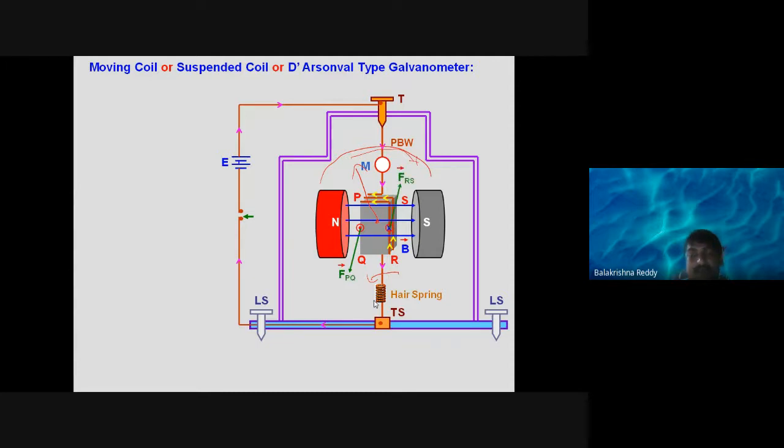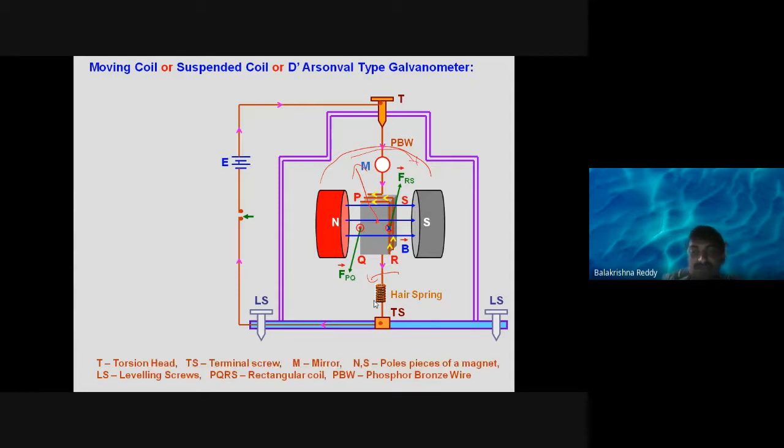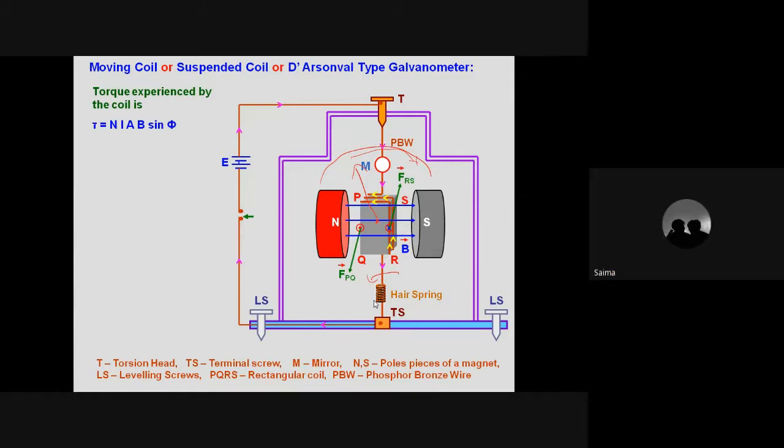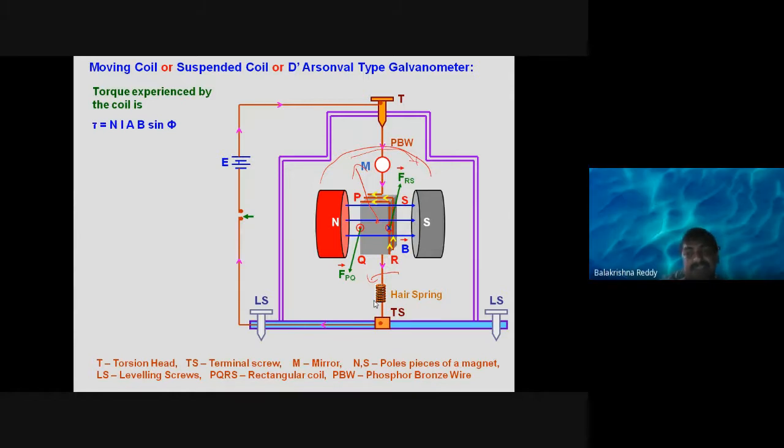Same like in torque, yesterday we discussed a rectangular coil when placed in a field, how torque is produced. Torque experienced by a coil. What is the formula? Did you remember yesterday's? Tau equal to NIAB sine theta. N for number of turns, I for current, A for area, B for magnetic field. Yes, sir. NIAB sine theta, here since we took phi with respect to, so phi is this.